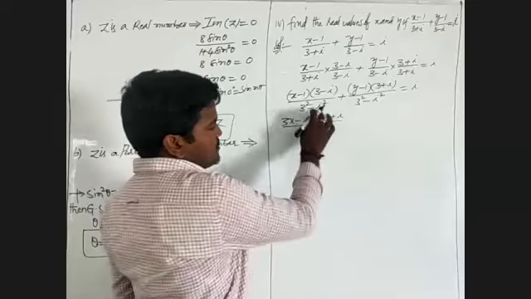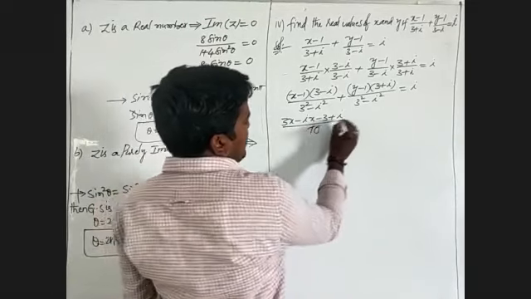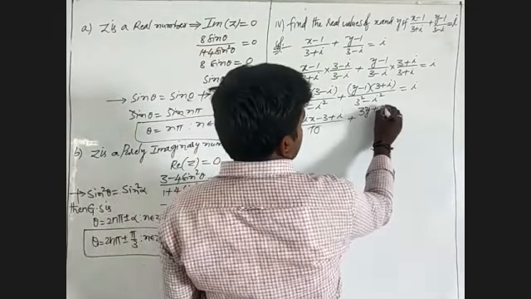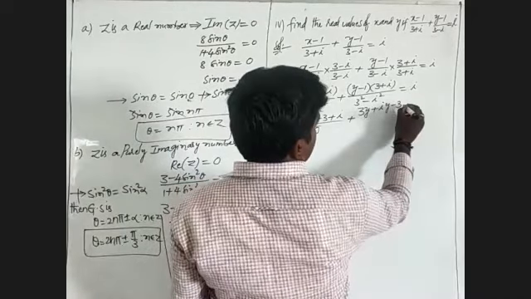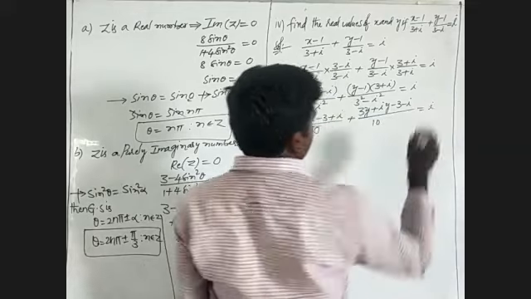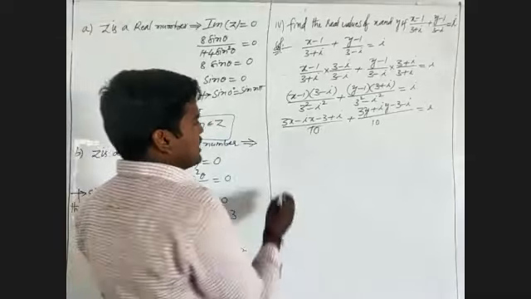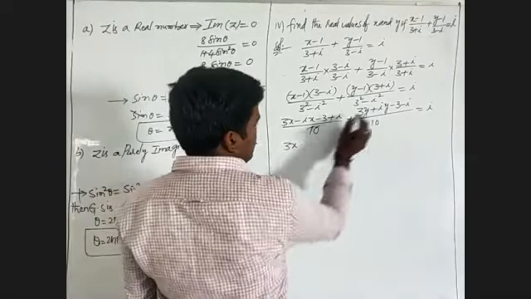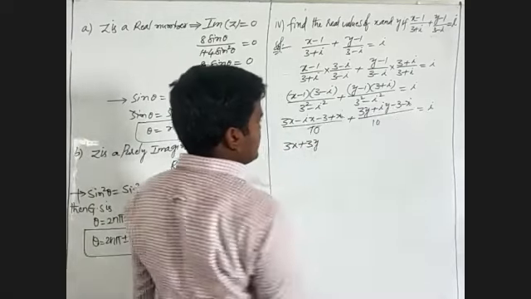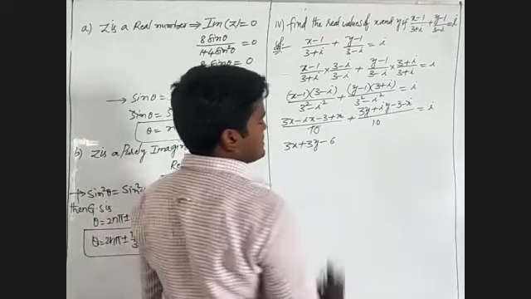Minus of minus 1 is plus 1. 9 plus 1 will become 10. After that we write 3y plus i, y minus 3 minus i by 10 is i. Both denominators are equal, so I will write their numerator term 3x. After that I will write 3y plus i, and minus i will be cancelled. Remaining minus 3 is minus 6.